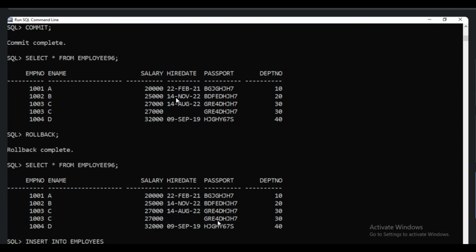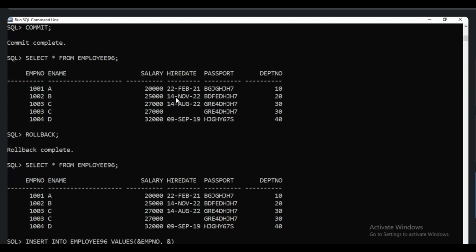insert into employees 96 values. So for the employee number, you can mention the ampersand, this one, ampersand employee number. The table name is wrong, it should be employee 96.